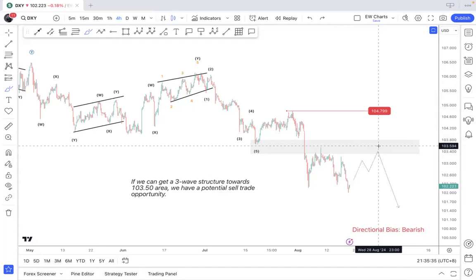Fundamentally, going into the end of this year, we'll be looking at a bearish dollar. There's a very high possibility the Fed would start cutting rates next month. Obviously, if the Fed doesn't cut rates next month, we'll be seeing the dollar strengthening quite significantly because that's going to be a September cut already. So that's something to know from the dollar perspective. This week, the dollar is generally going to be quiet, with not much event taking place.